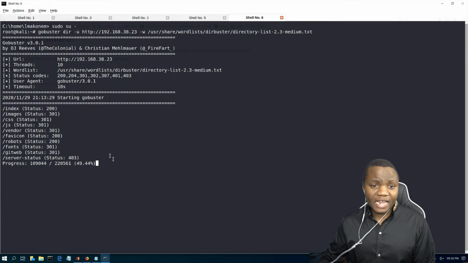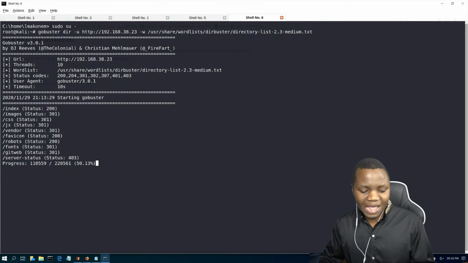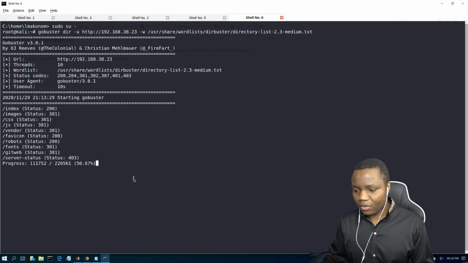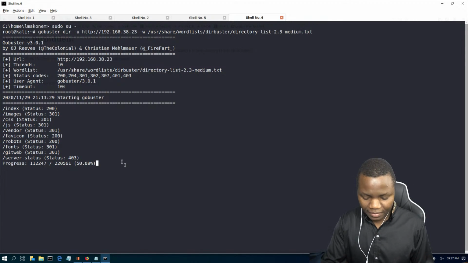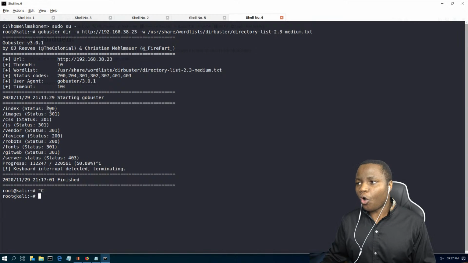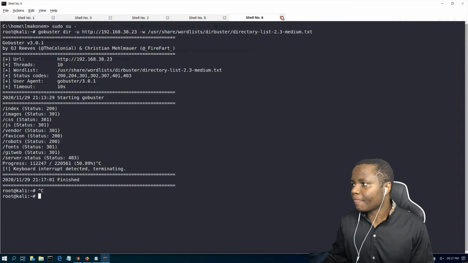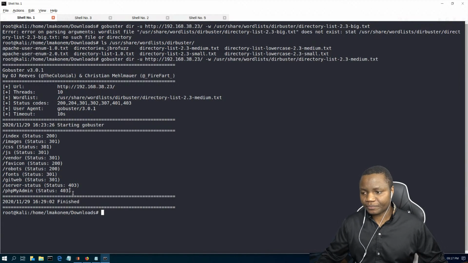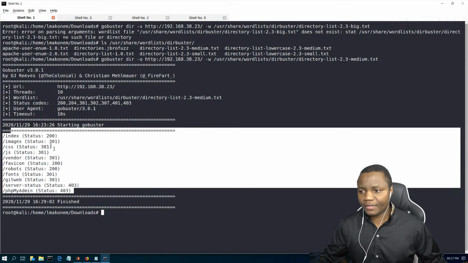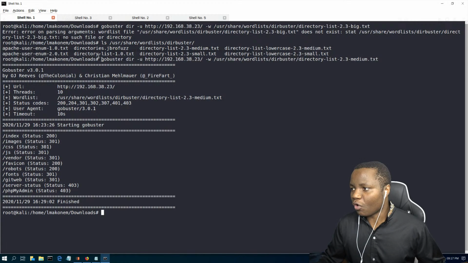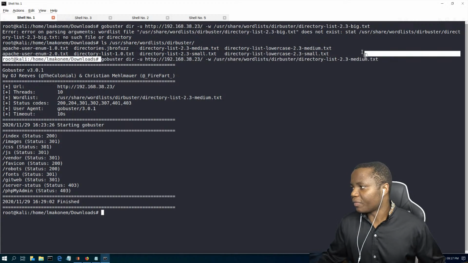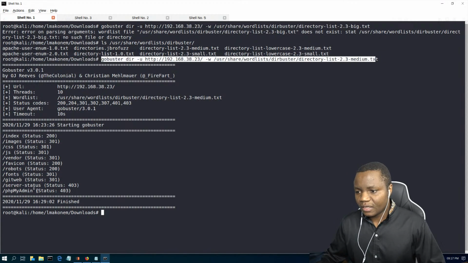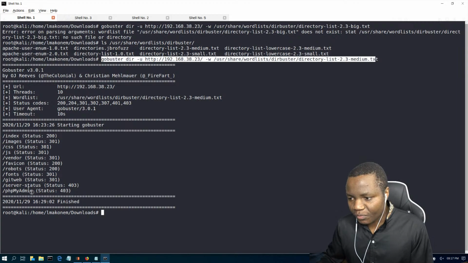I'll save us some time, because today I want us to spend some time in Kibana. So let me stop this. This will go on and on, and after it's done, it will look like this. This is the final result that you will see from running the GoBuster with medium.txt, and we'll end up with